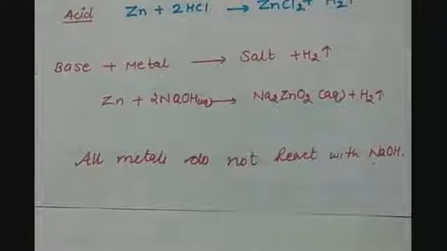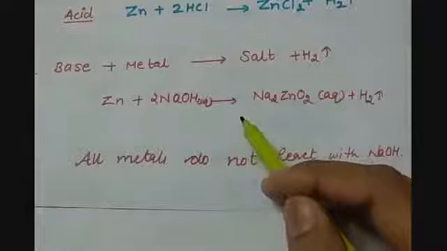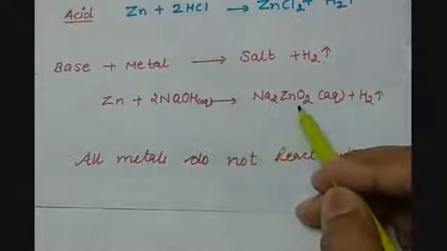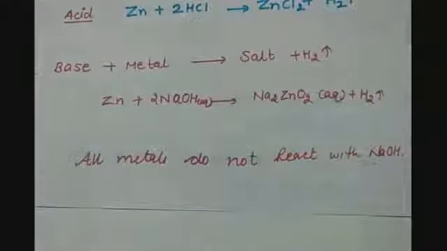But all the metals do not react with the same reactivity or on the same scale as zinc does with NaOH. Depending upon the standard electrode potential values of the metal, they replace the hydrogen from the acids or the bases. Here we are not having hydrogen, we are having hydroxide, but the metals can replace only hydrogen from it. So that is happening here, and hydrogen gas is evolved. Now let us study the second type of reaction.